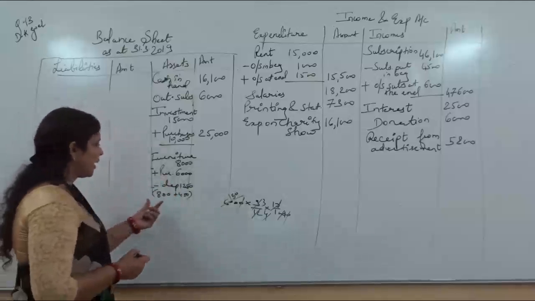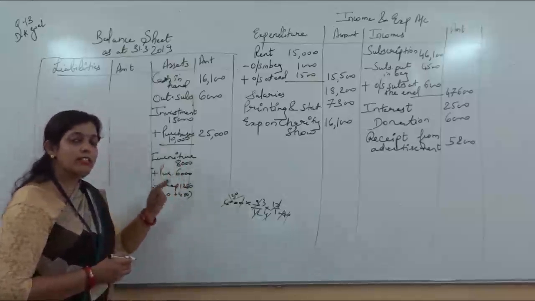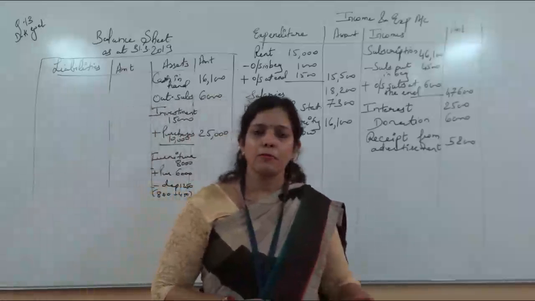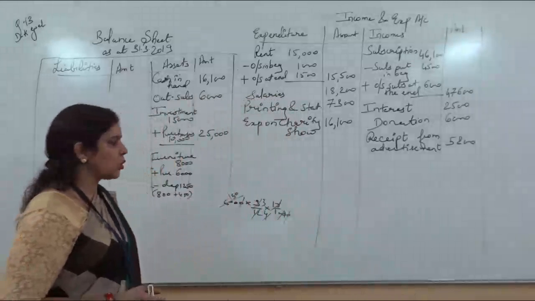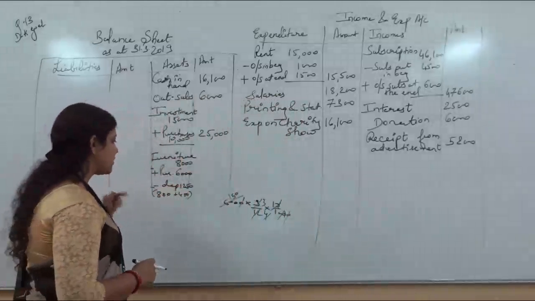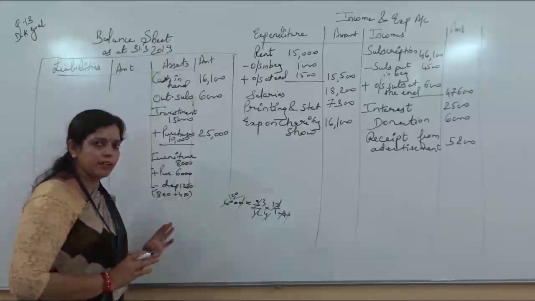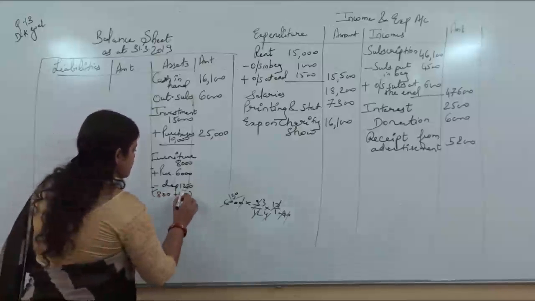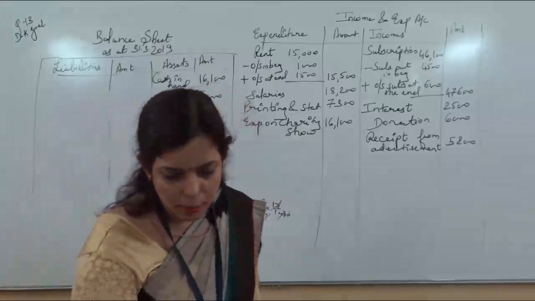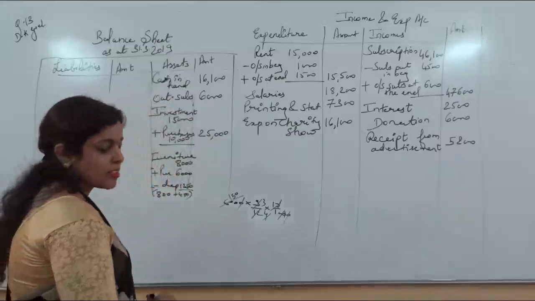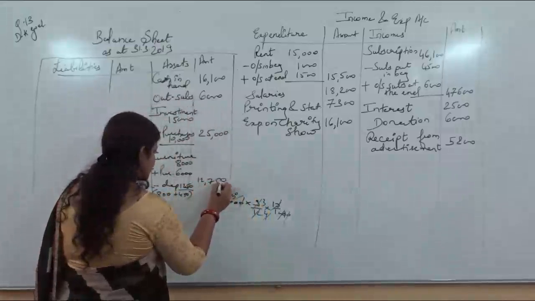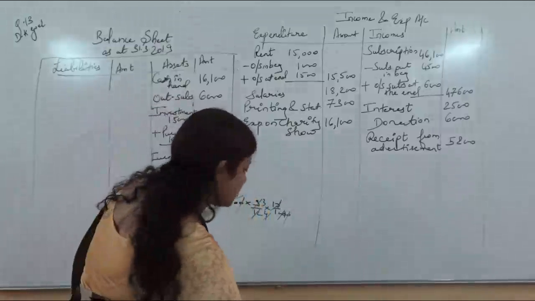This is an important point. 800 we have taken on 8,000. Since the date is given in the question for when these additional purchases were done, that's why I am taking it like this. If the date was not given, no problem, directly just add it, 14,000, and apply 10%. 1400 will come. But when dates are given, we have to calculate properly and separately. Then add it and take a total. See now, 8,000 plus 6,000 minus 1250. Check how much it is coming. 12,750. Yes, in this way you will do.